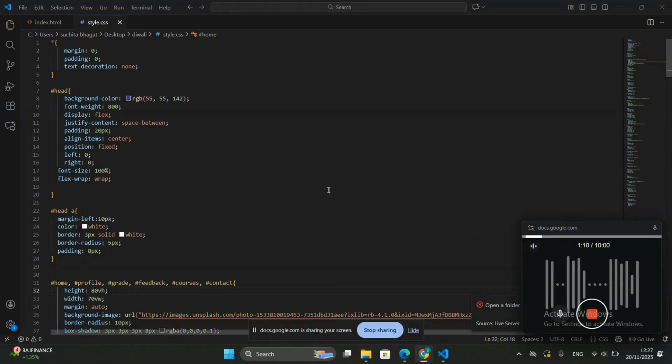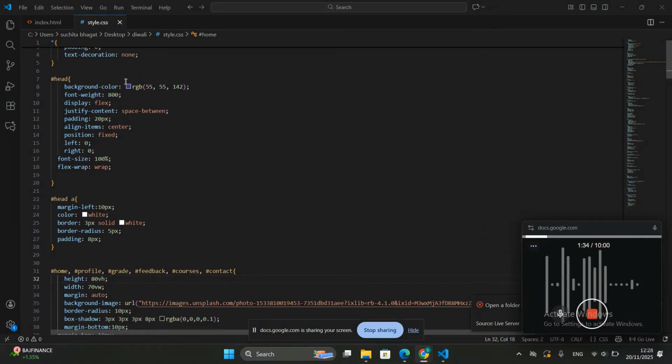So this is my CSS code, and at the top of the CSS I write the universal tag. I write the universal tag here because it removes all default values like margin, padding, and underline. So I can design everything cleanly from the start. And after that I write